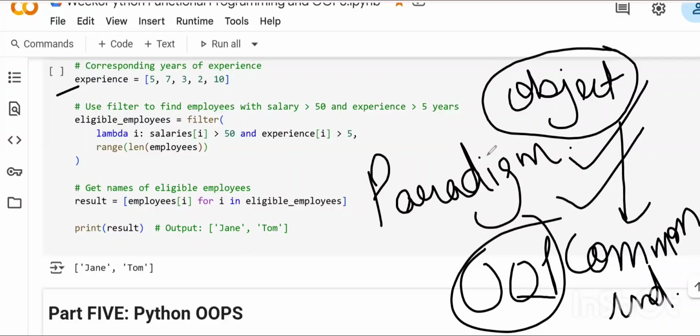Now tell me, guys, did you get the idea of what we are going to learn? What OOPs is? Ma'am, it's like different types of schools. Yes, school is an object.